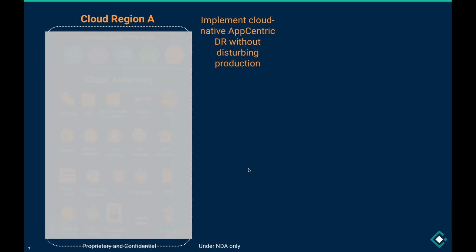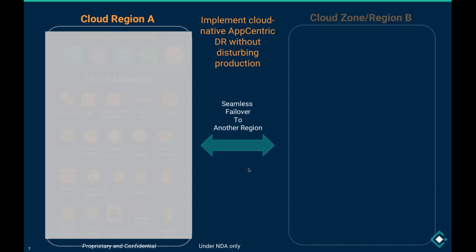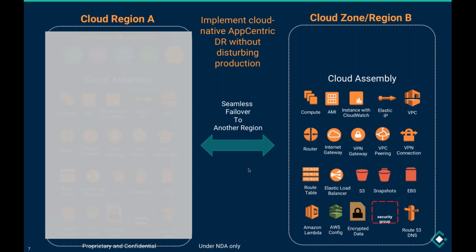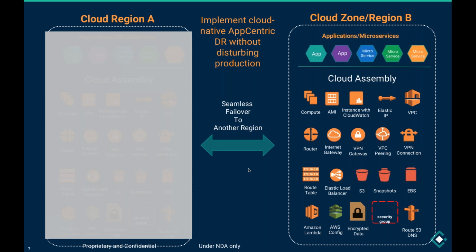We come in, we implement the solution, assuming that your production environment, for whatever reason, goes down. Seamless failover to another region. The system will automatically bring everything up in your own account. We don't do it in our account. The entire control is with you. In your account, all the applications will come up completely, right? That is the capability that we are bringing in. We are highlighting more and more as application resiliency, true application resiliency, unlike what people have seen so far.